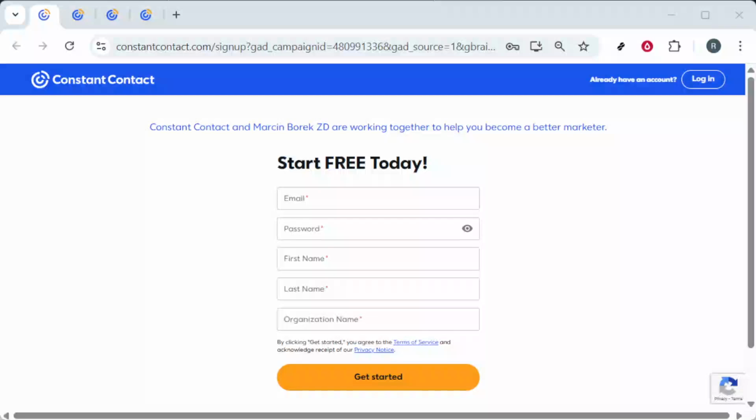In today's video, I'm going to teach you how to add a border in Constant Contact. If you're looking to add a professional touch to your email campaigns by incorporating a border, you're in the right place. Let's go through the process step by step to ensure your emails not only catch the eye but also